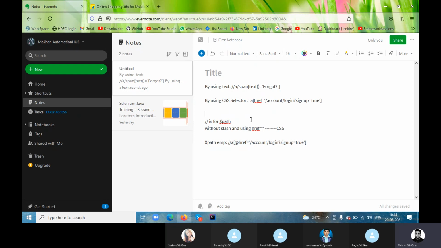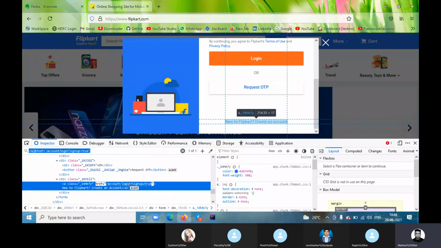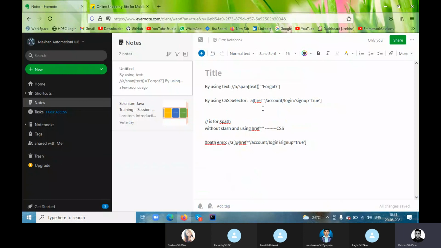So that means you're saying CSS means just pick the tag name and pick the attribute with the format. Correct. So this is the tag name, attribute, and the value. Simple. Format means you just copy, right? I'm talking about the open and close bracket with a single quote. So the open and close bracket should be there. Whatever the attribute you are saying, this is applicable for XPath also: attribute you are taking, starting bracket, closing bracket, and we are passing the value.